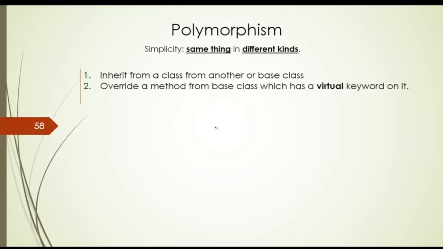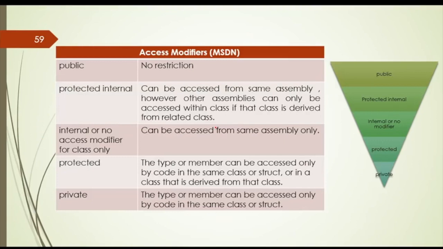In C++ or C#, you have to mark the method as virtual, but in Java, you don't have to do this. So keep in mind access modifiers, because these are going to be problematic if you don't remember. And this is how you implement polymorphism. We're not going to go over access modifiers again, just keep in mind that they are a big factor in polymorphism.